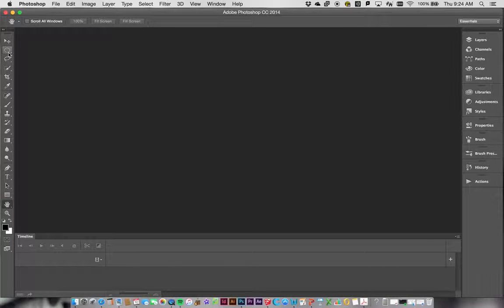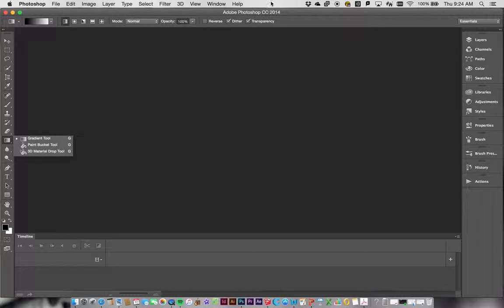If you ever see, like over here under the tools, a little tiny triangle in the right hand corner, you can click and hold on that, and that means there are more tools hidden underneath that one. So under the crop tool here, there's also perspective crop and slice and all of these things. So if you ever see that, you can just click and hold, and it'll bring up the other tools that are there. So you have your tools, you have your palettes, and the last thing is you have your menus